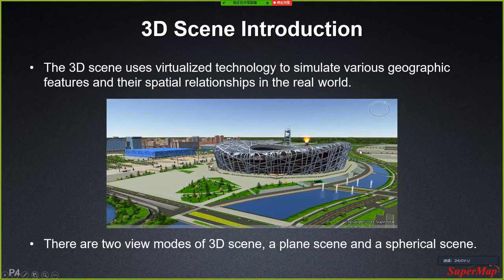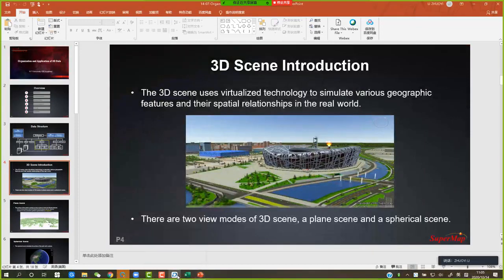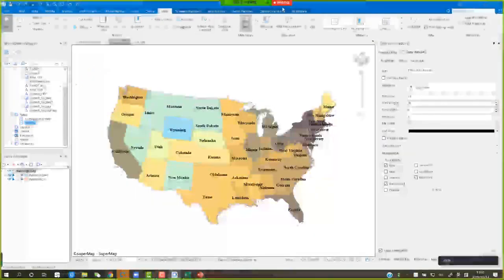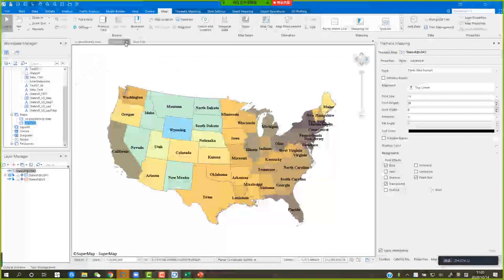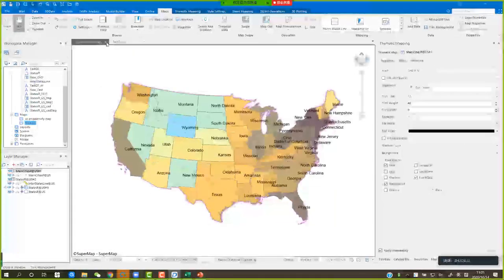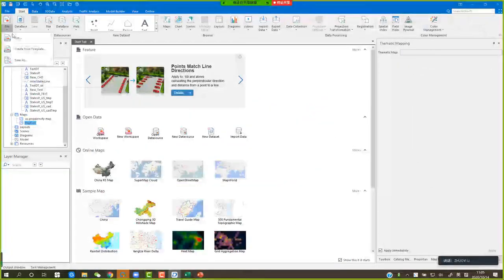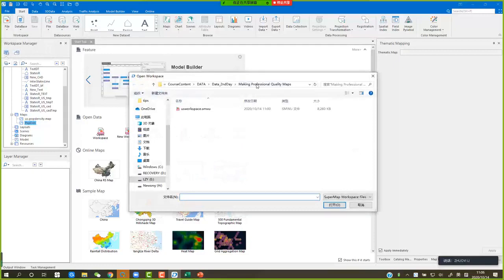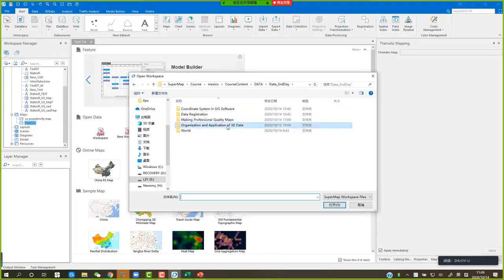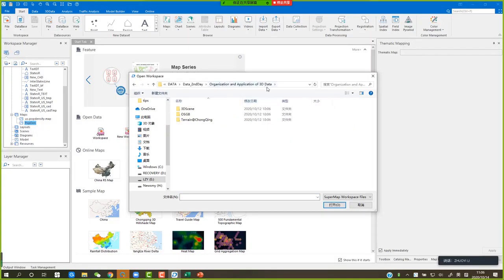Okay, and in this part we can see our data in iDesktop. I'm going to close out the window and add the workspace of the 3D sign. We can find a workspace in the workspace group and add the data of the organization and the application of 3D data. Click the organization and the application of 3D data, and click the 3D sign,